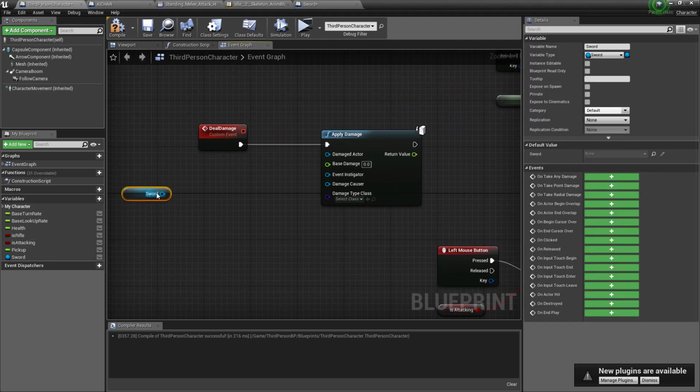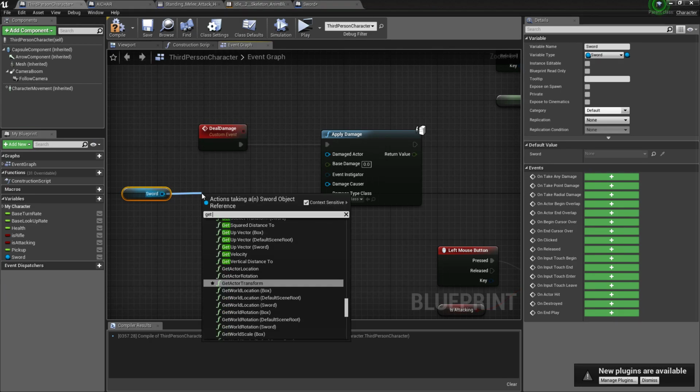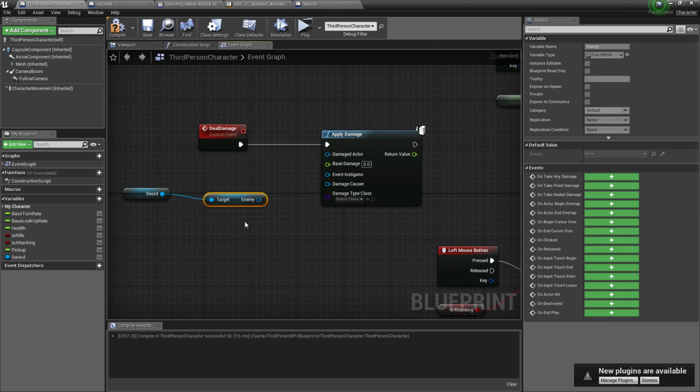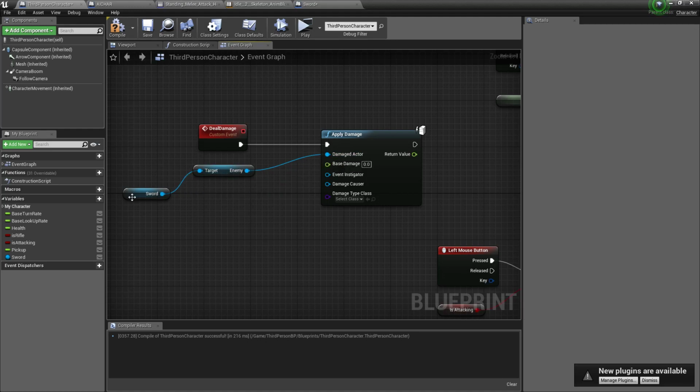We want to get sword, then get that enemy variable, put it right there, and then if you want some sort of damage variable you can, but I'm just going to do